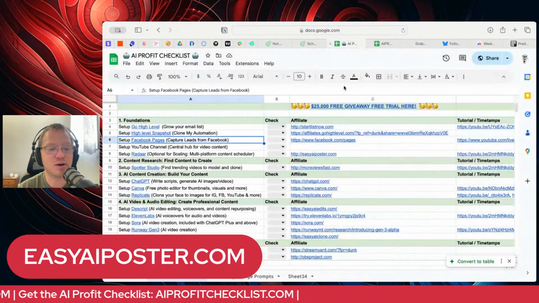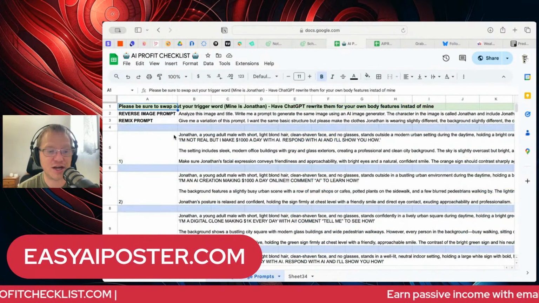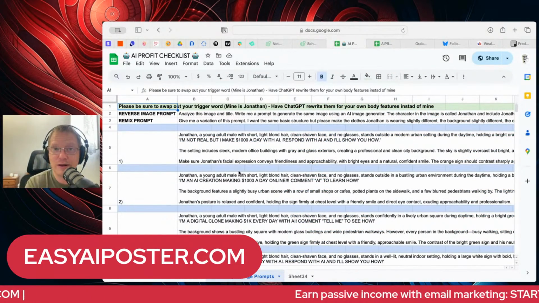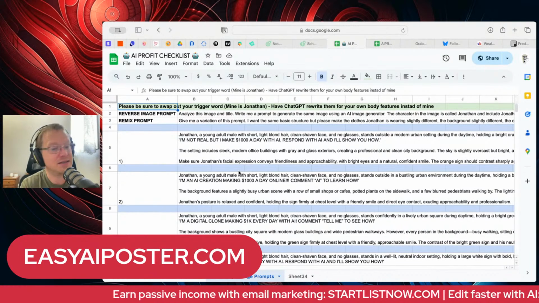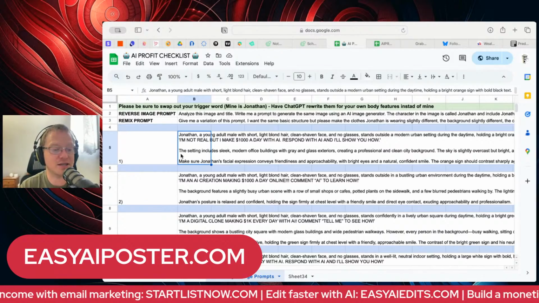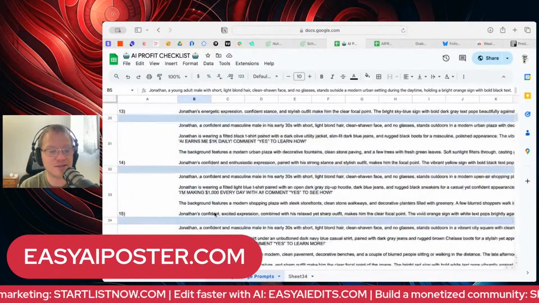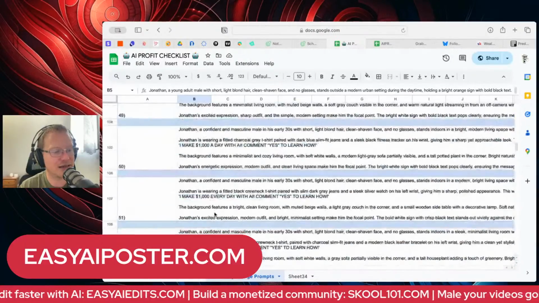By the way, if you do want to do this, I have this tab in my checklist. And to your point, this is something different. This is something that Chase doesn't have. I added it because I thought it was valuable, and he's happy to take it too if he wants to take these from me. I created prompts, and every time I create a prompt, I'm just going to drop it in here.